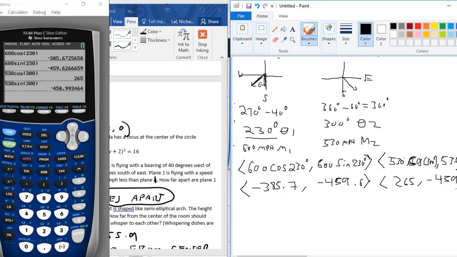From these two, if these two planes are in these two positions, we can find the distance between these two planes using the distance formula. So the distance formula is the square root of (x2 minus x1) squared plus (y2 minus y1) squared. So our distance after 1 hour, so our 1 hour distance,